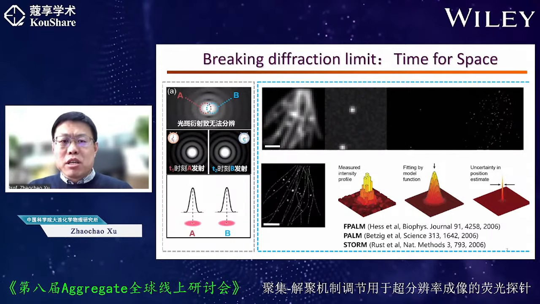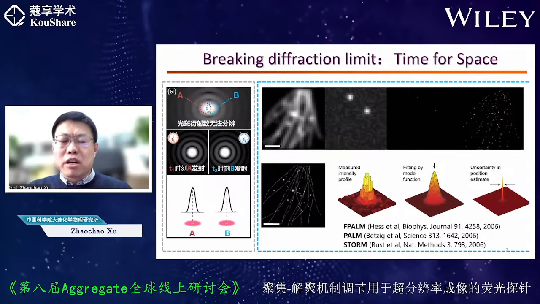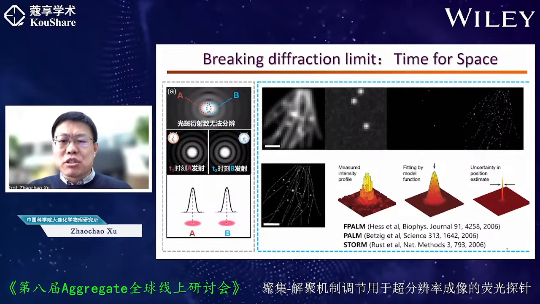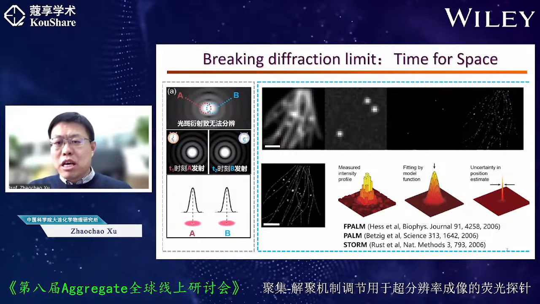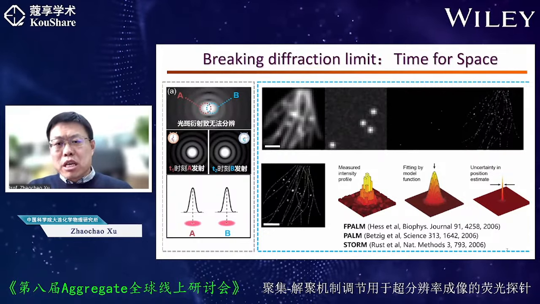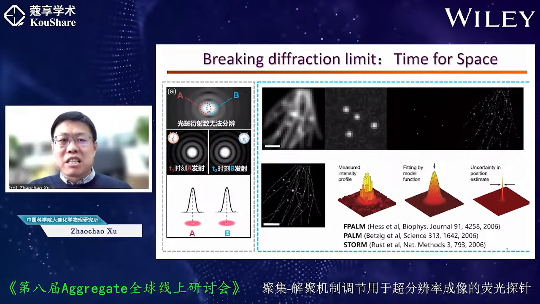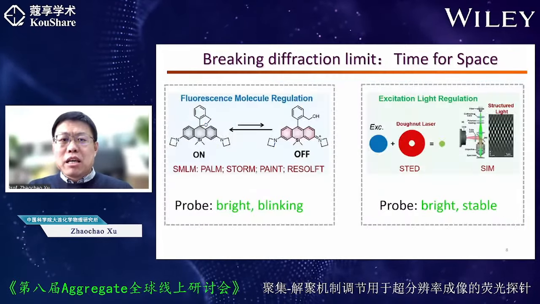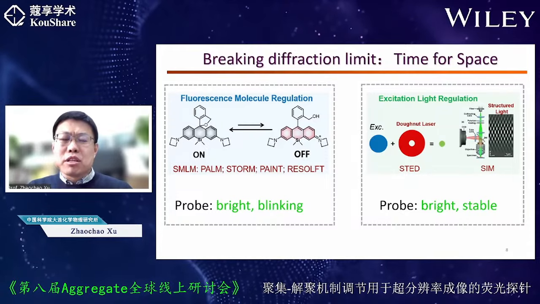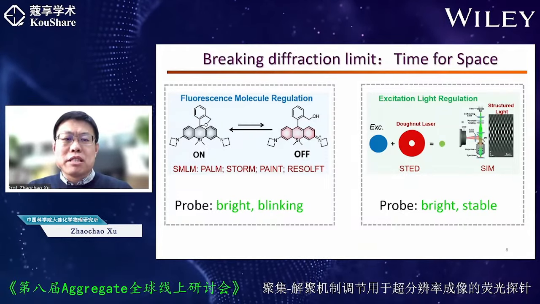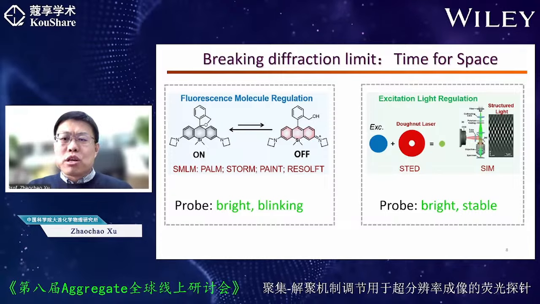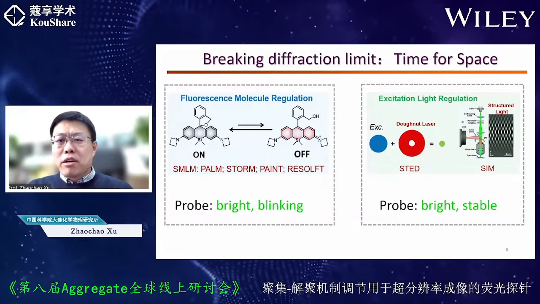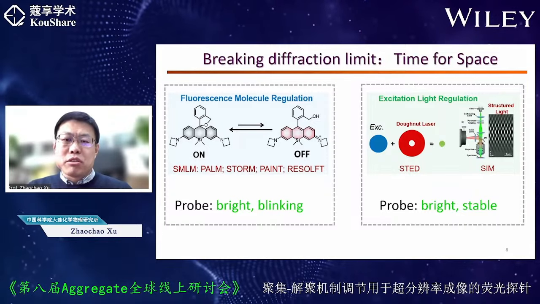Once all points are localized, accumulating all points over time yields a super-resolution image of the structure. The process outlined here is the technical workflow of single molecule localization techniques. Actually, all super-resolution imaging techniques adopt this time-for-space strategy. The key to implementing the time-for-space strategy lies in the ability to control when A and B points emit light. There are two main methods to achieve this.